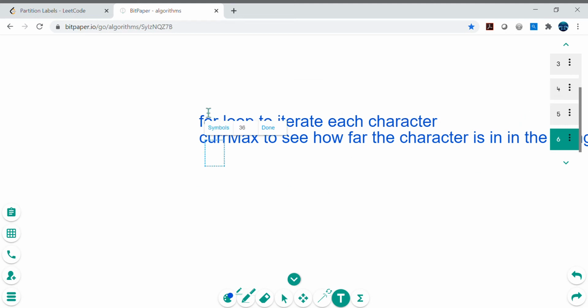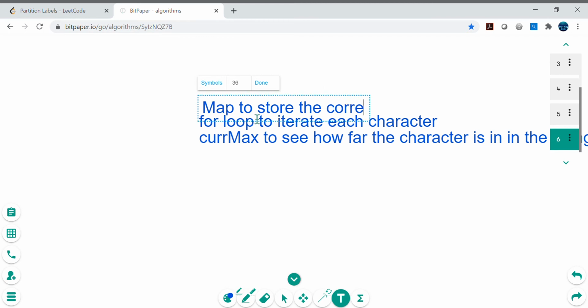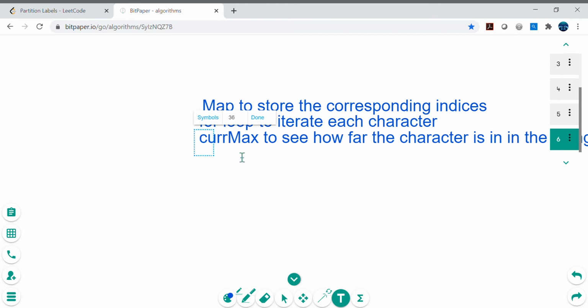And we need another thing, right? So we can use the map here to record the index. So map to store the corresponding indices. All right, so we need the map, we need the for loop, we need the current max variable to see how far the character is in the string, right?